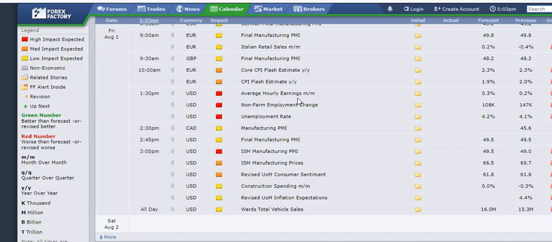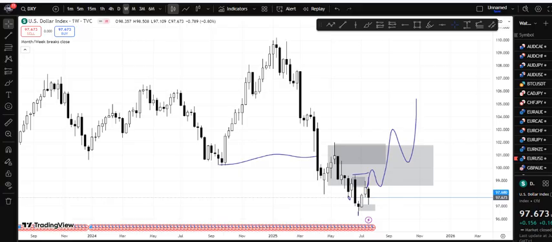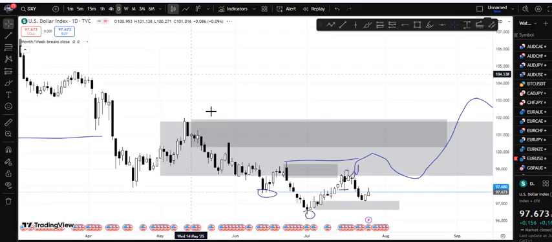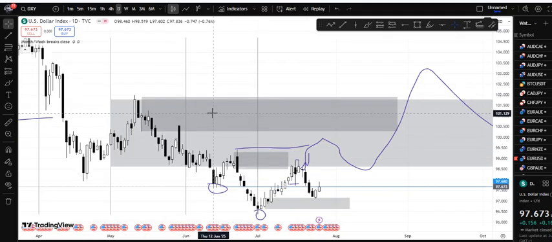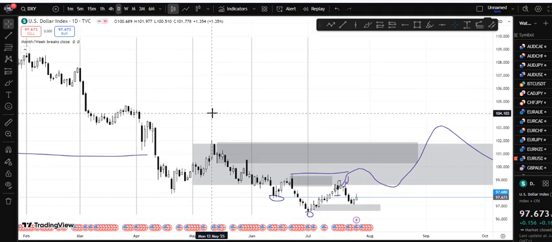The tariff deadline, Trump said is not going to extend it. So what does that mean for the dollar? A lot of people will have to push into the dollar, so I'm still looking at the dollar strength for this week. I'm looking at the CAD weakness. I'm looking at euro strength. Of course, the pound weakness is still on board.